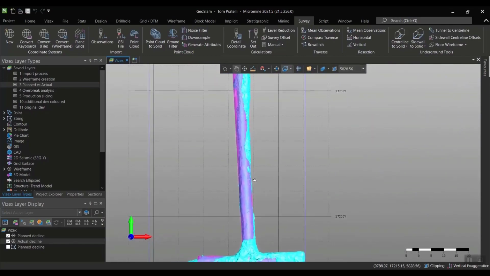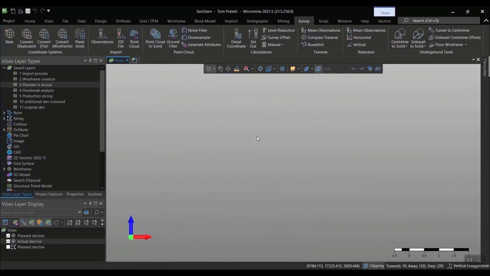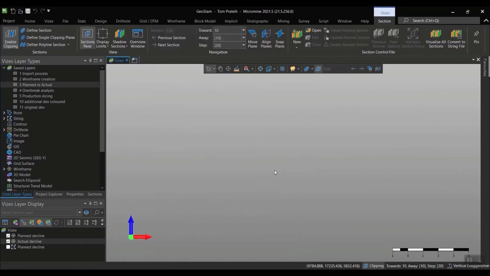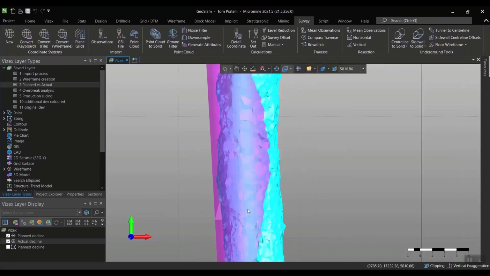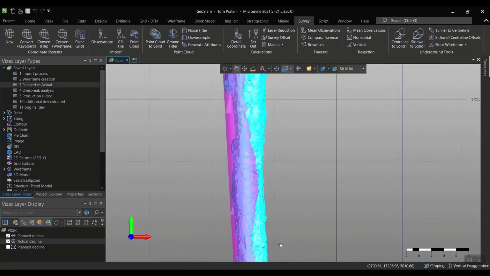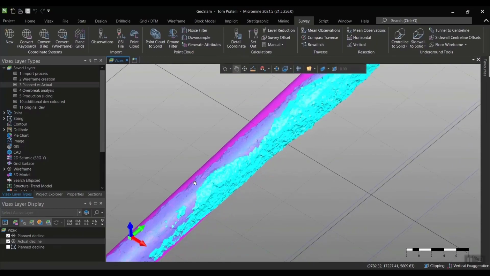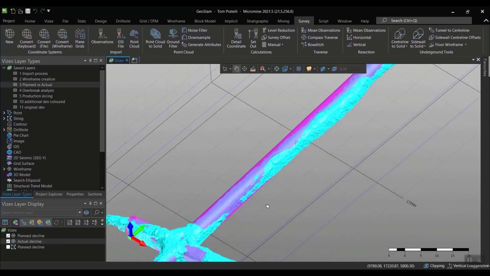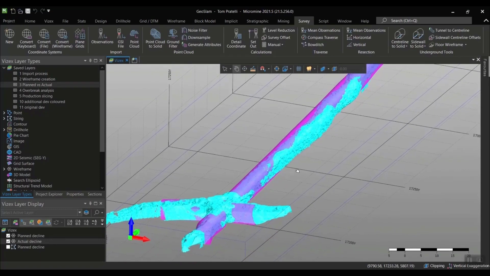If we come to see them in section, you can see how different they are. So just having a look at this in section, you can see they're quite a bit different. Overall, they're in a very similar location, but ultimately, when we've actually come to extracting the material, what we've planned versus what is actually achieved is quite a bit different. So we have a lot of tools in Micromine to help us evaluate how different it was and what the difference between the design and the actual is,